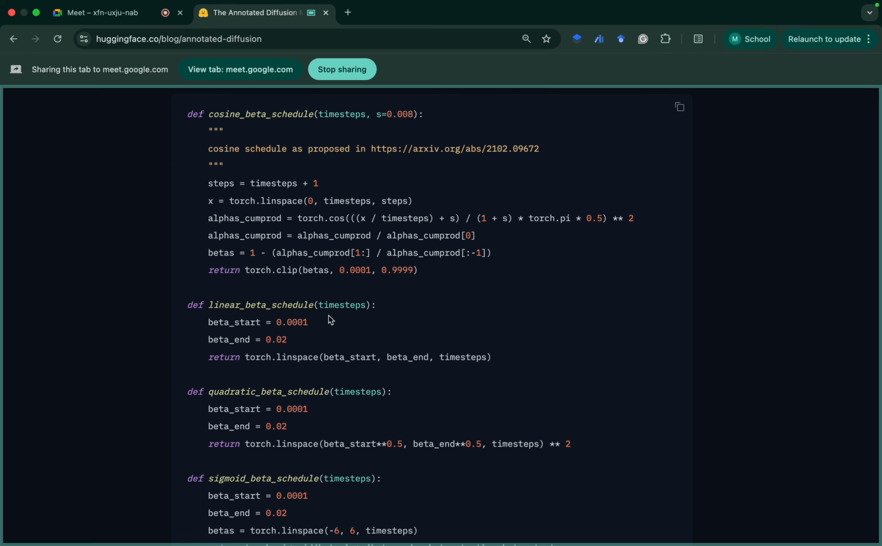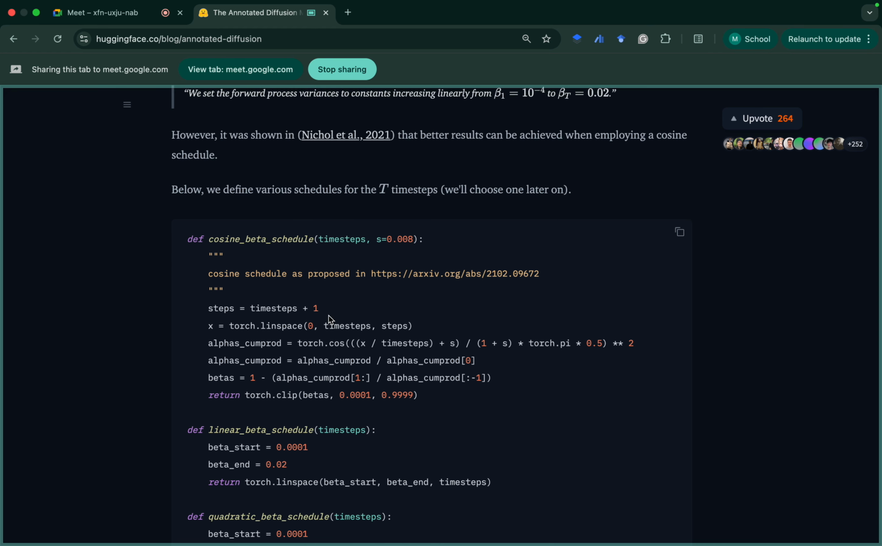And then these are the schedules. These are the schedules for beta, where beta_t is basically 1 minus alpha_t, right? So how you are defining it: if you define 1000 time steps, how do you get your intermediate